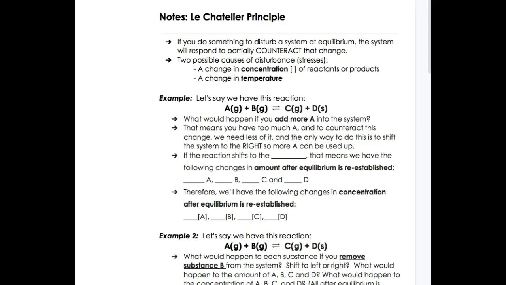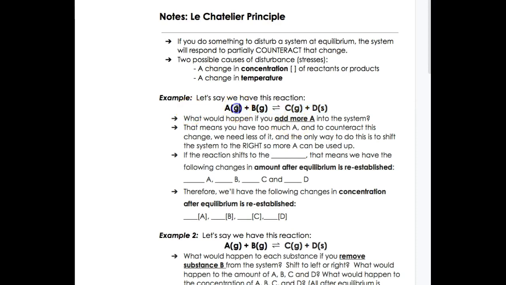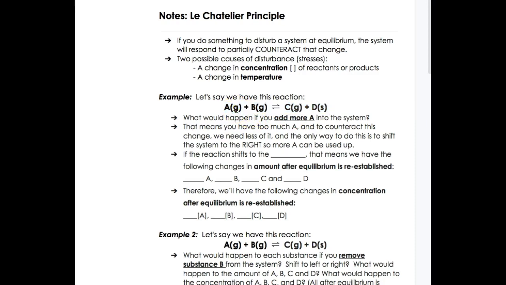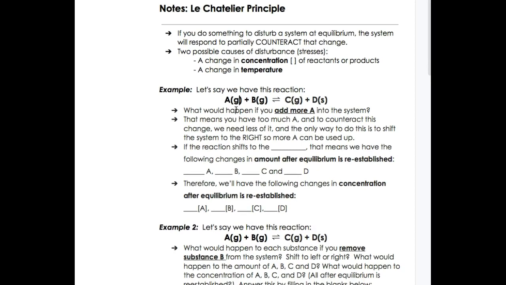Le Chatelier's Principle. So we have learned about equilibrium. It looks something like this, and you're going to have a forward reaction and a reverse reaction. Notice here how we have a gas, a gas, a gas, and then a solid. So we already learned that the rates are the same, the amounts are different. We learned how to find the moles or the concentration at equilibrium. Now we're going to learn one more thing,